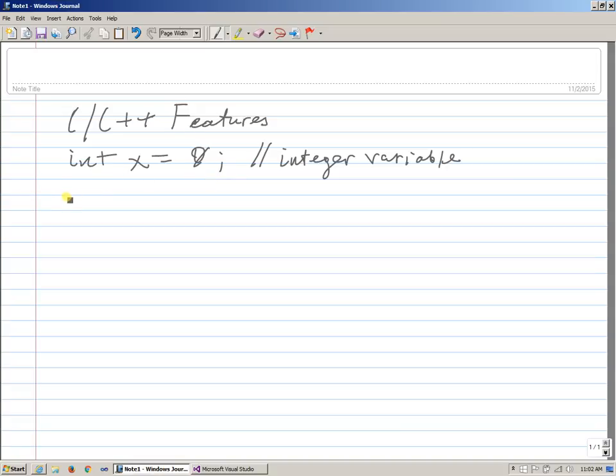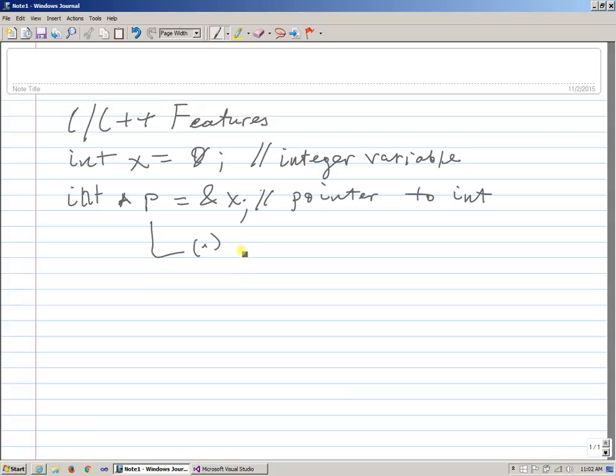Then we can say integer pointer p equals address of x, and this would be a pointer to an integer. And the set of features of the pointer would be number one,